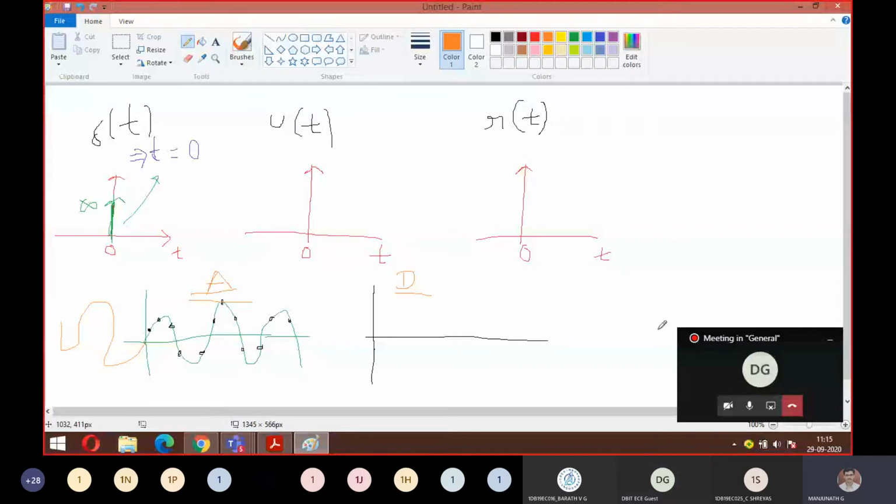So the main purpose is what? For the analysis purpose. See, there is a difference between what we can see and what we can sense. What we can sense is our heartbeat. But if we see the same thing as an ECG, that will become digital. So any signal in nature will be in analog form. I will convert it to digital in such a way that we can do the analysis clearly. And we are not going to keep the things as they are.